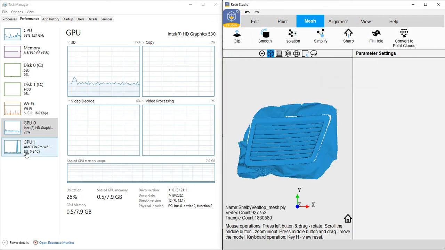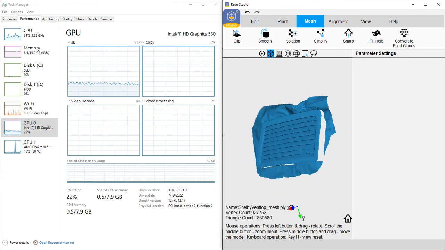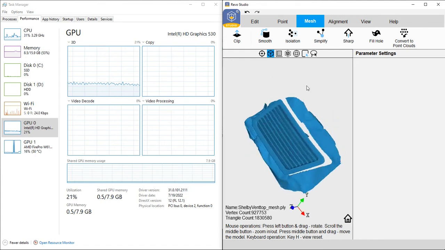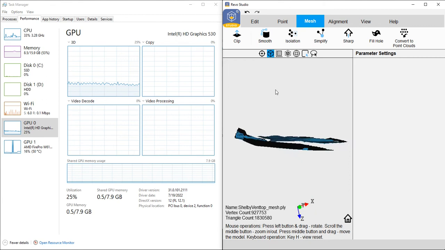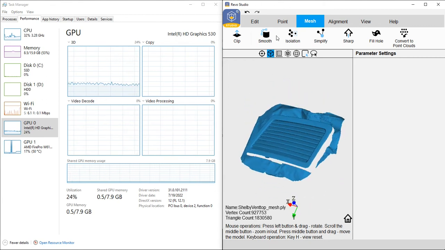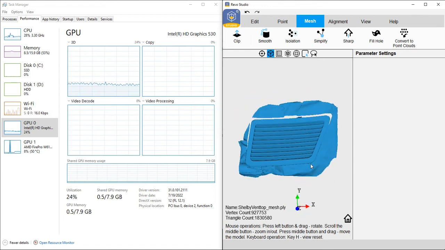Okay, remember this guy was a dead duck. It is not being taxed at all, 16, 17%, but it's a lot more snappy. I mean, this is a lot more usable for the application. So again, I'm just suggesting that you probably try this setting, see if you see a marginal improvement. If you don't, then I'm sorry I wasted your time, but this guy right here is a lot better than